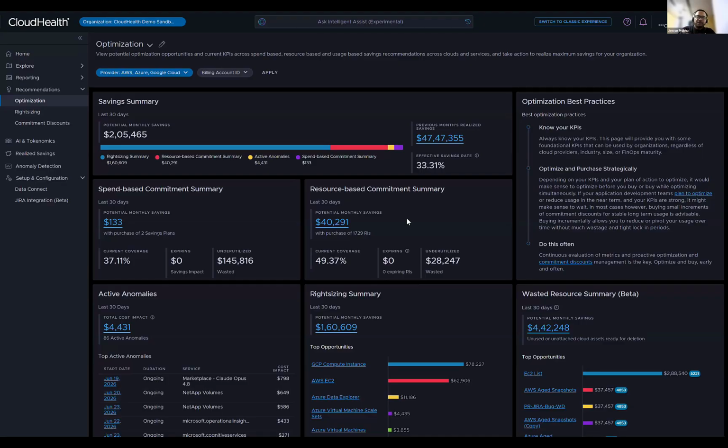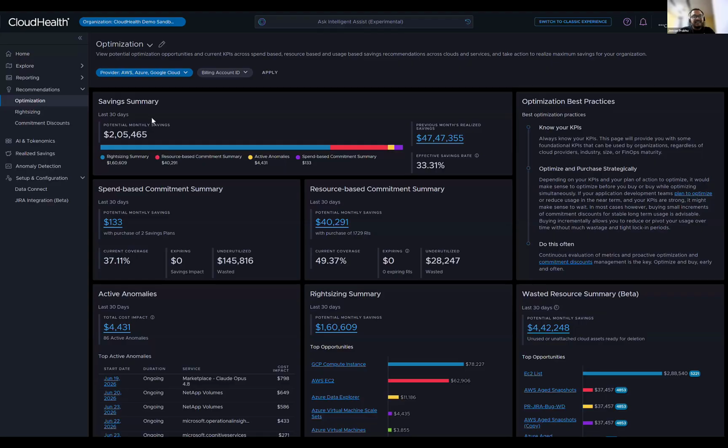And chronologically, how we have approached this is, if you would like to see the present, how are you doing today? You will look at your current effective savings rate. What's your current coverage? What is being underutilized? You may not be able to do much with RIs or SPs, because we have limited agency there. But still, you'll be able to understand what went wrong, where we overcame it. And if there is something expiring, you need to act upon it right now, and what's there for the future. That's what this is about.